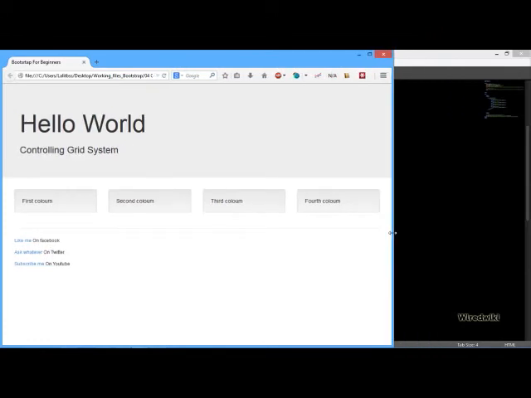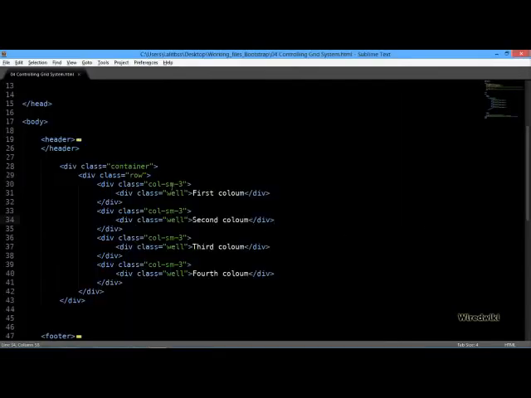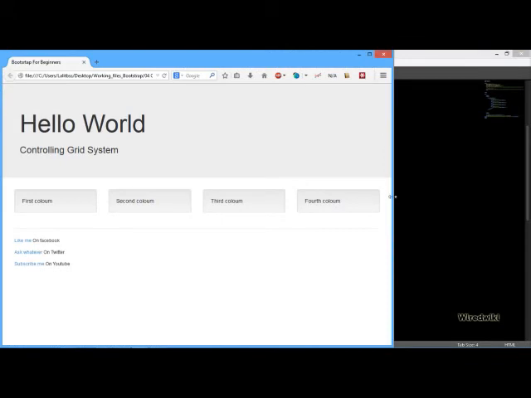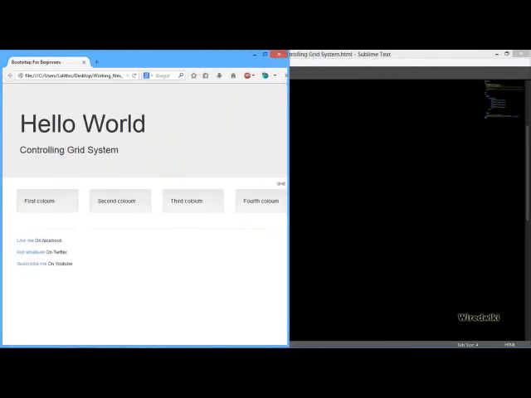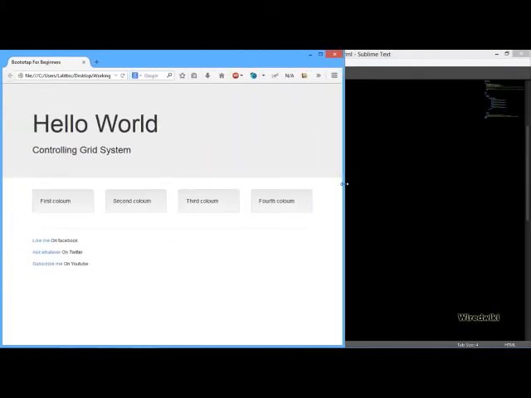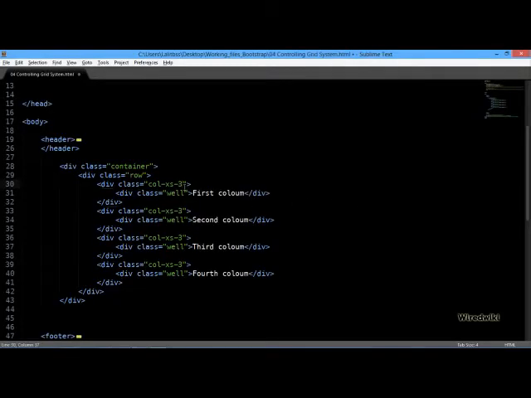Now, if you want your columns to stay in the same row no matter what the size of the device is, you can use the extra small element, XS. So control save it, and if I refresh this, as you can see, no matter what the size of the device is, it stays in the same row. So you can control this with these elements. Okay, now what I'm going to do is add 6 instead of 3,